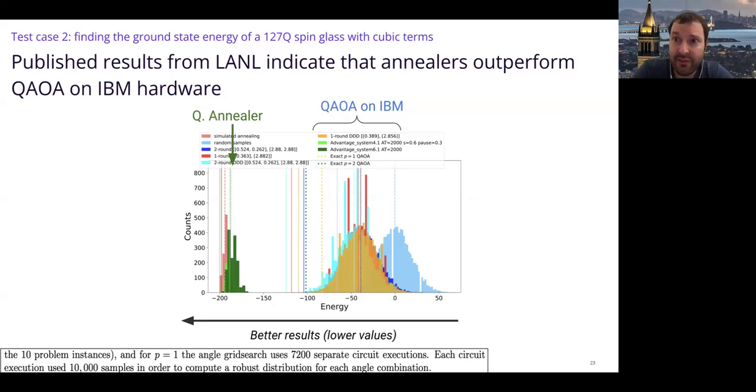In this case, you can see that the QAOA is a bit different from the random sampling, mainly because these models respect the device topology, so they are a bit easier. But the one thing that is extremely clear is that this is not even comparable to what you can get from annealers or classical solvers or the optimal solution in this case. So when we take exactly the same models, and the Los Alamos people were very nice and generous to share the specific instances and parameters that they used and their data,